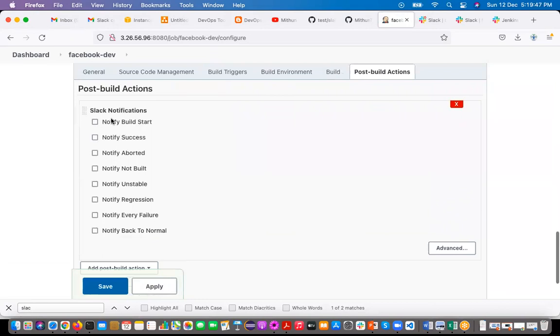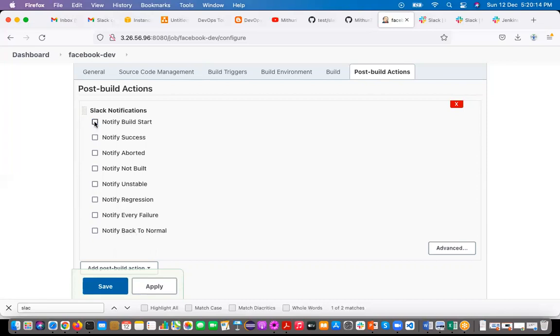And when you have to notify: build is start, build is successful, build aborted. Just you have created the job, but still you didn't build. Notify unstable, notify regression, notify every failure, notify back to normal. So your build has failed, after that it is successful. That time it will become back to normal.